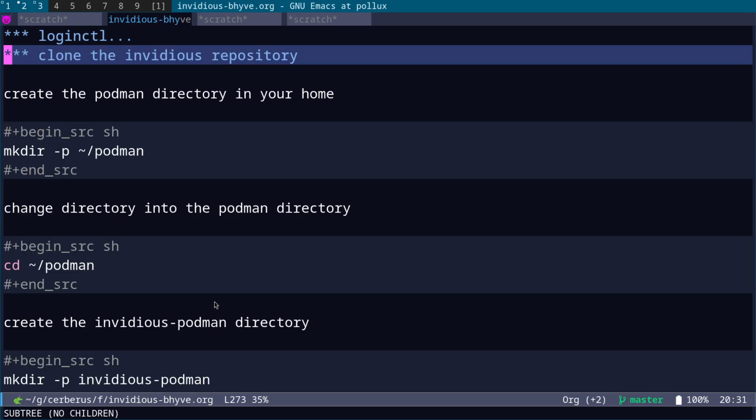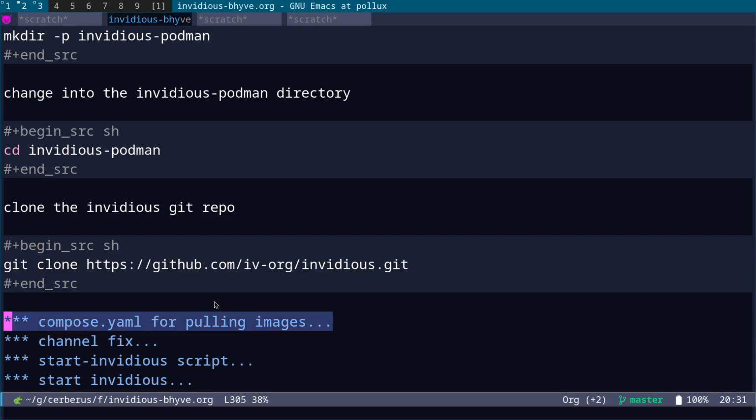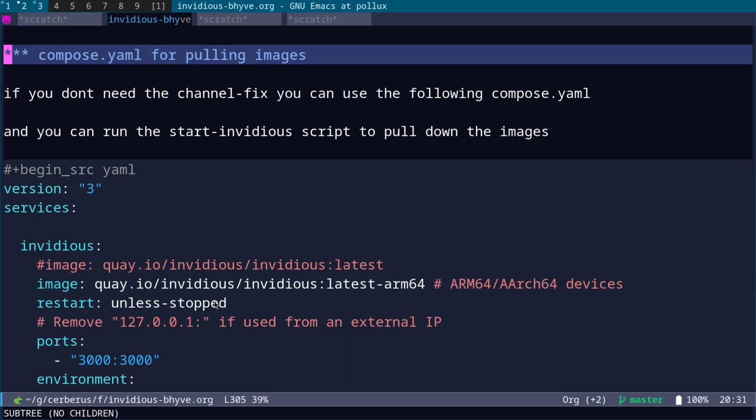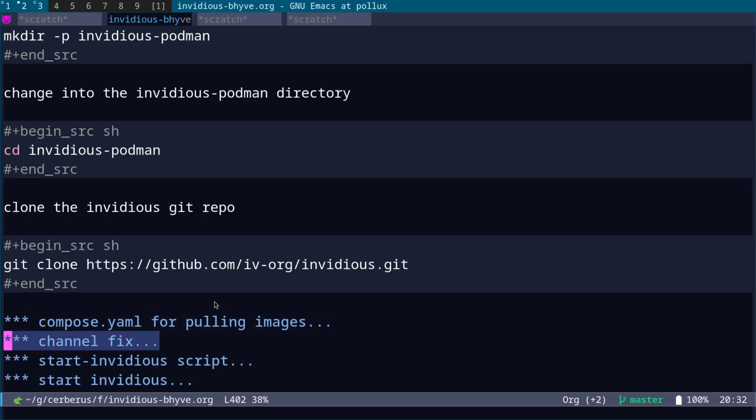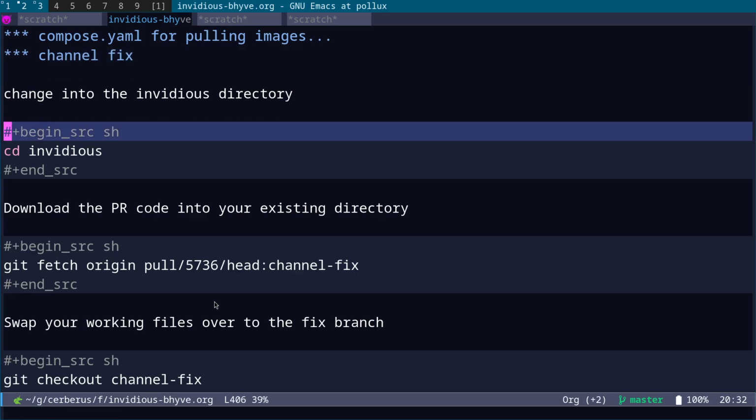We created the Podman directory, changed into it, created the Invidious Podman directory, cloned the Git repository, and normally what you would do, as I said, you just have a compose.yaml file like this, and you could then do podman-compose up -d, and it would pull everything down. But at the moment, there's that error,